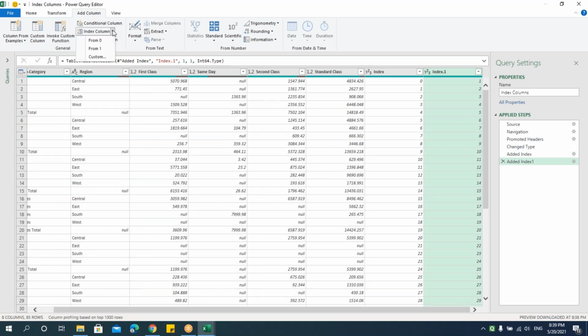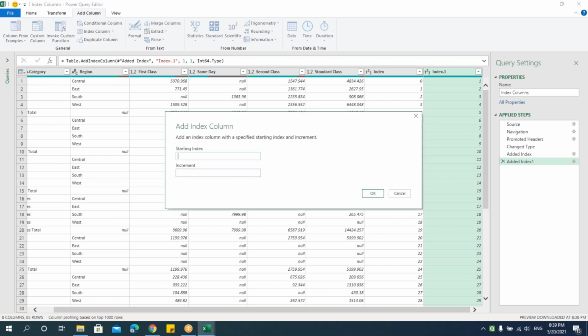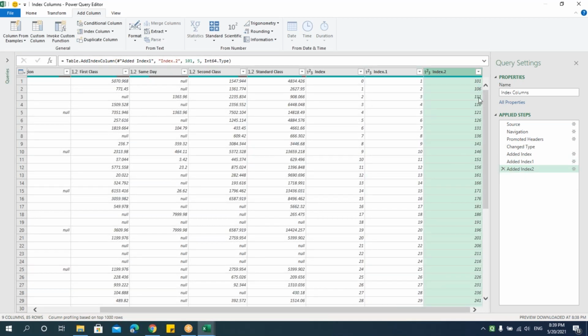But you also have an option of customizing this index number, that is, I can specify from where the number has to start and also what number it should increase by. Say for example, I want to start the index from 101 and the increment should be 5. Say OK. We can see that I'm getting numbers like this: 101, plus 5, 106, plus 5, 111. So it goes on like this. So likewise, I can modify my data and add some index number here. This we can do in Excel as well. I'm just telling you that in Power Query Editor, we have this option, so we can create something like this.